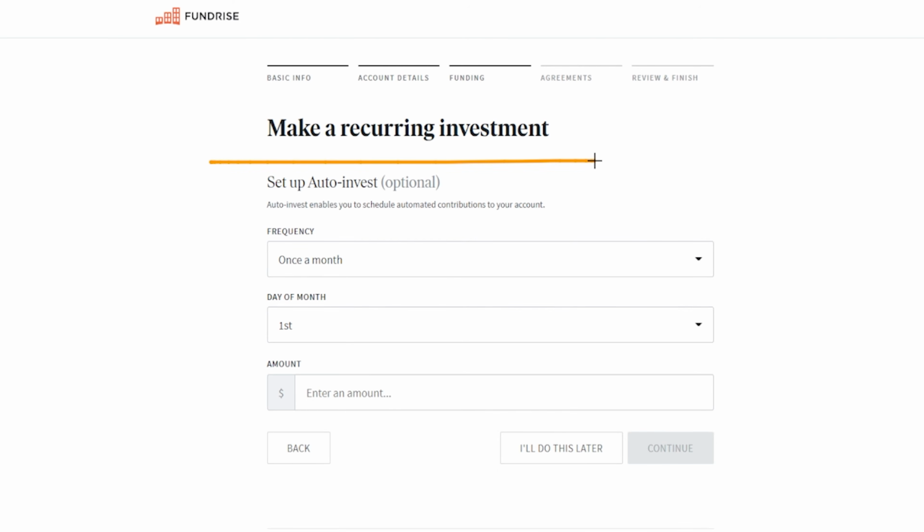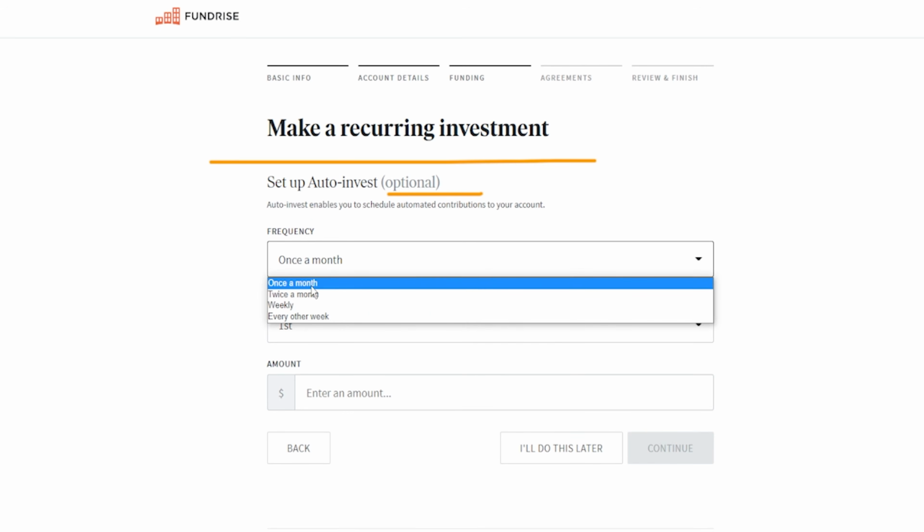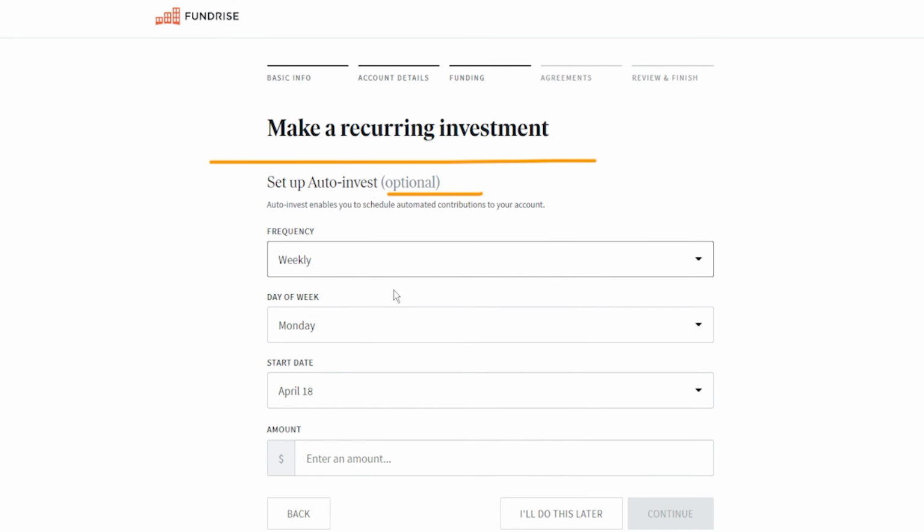Here it is going to ask to make a recurring investment. I would recommend this. It is optional, but I would recommend this because the sooner you do this, the sooner you are going to have that pattern of just being constant with something, right? So we're going to go ahead and do this, let's say every week, and then it's going to ask us